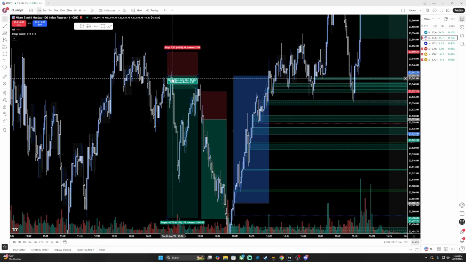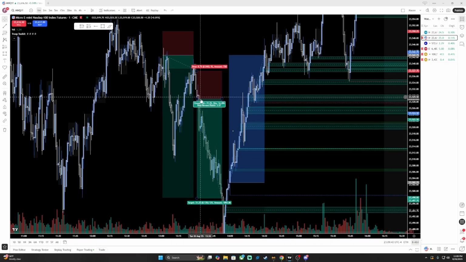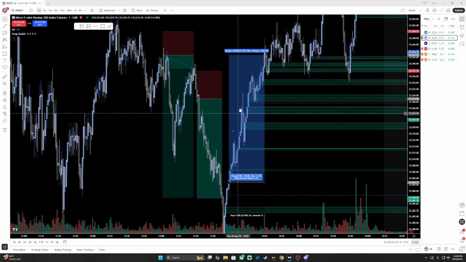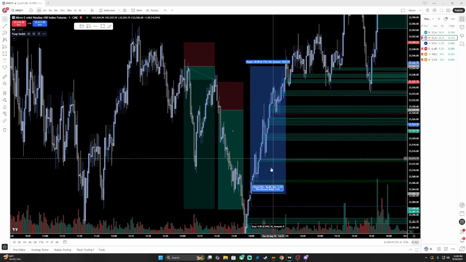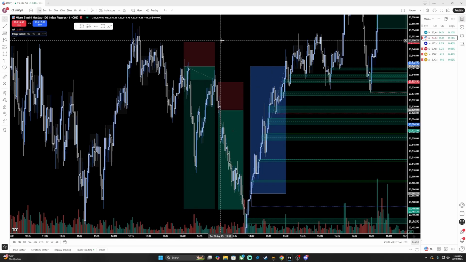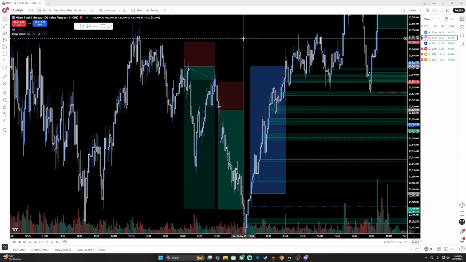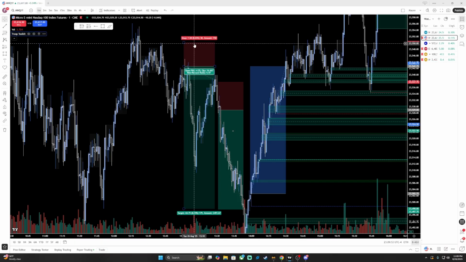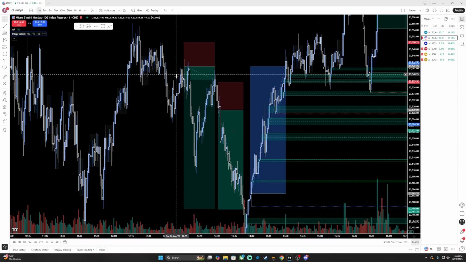So this trade right here, these are my actual exact entries and exits. I went back and looked at my trade history so that way I could show you guys exactly when I entered, when I exited, and exactly why I did that. All right, so first trade,